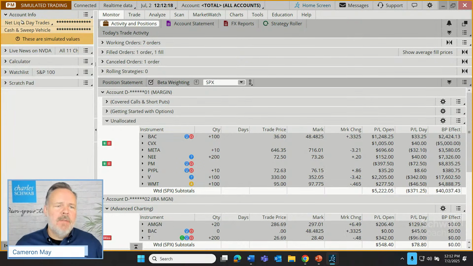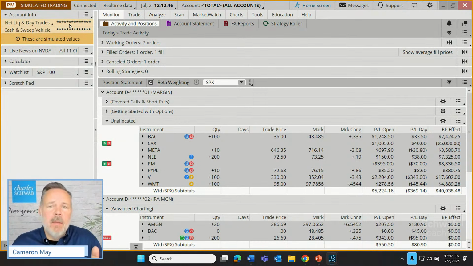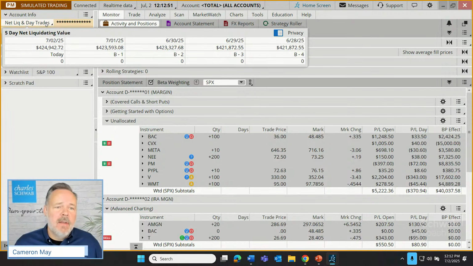But in any case, we have our account info up here, and you'll see two names here, NetLiq and Day Trades, and then Cash and Sweep Vehicle. Both are a little bit wordy, but really what they're telling us, this stands for the net liquidating value of this account or this portfolio. Now you'll see a series of stars here. That's because I have my privacy settings on. There are times when we're sitting at home and we want to be using our account, but we don't want people to see our balances. We don't want people to see our account numbers, right? That can be changed right here where it says NetLiq and Day Trades.